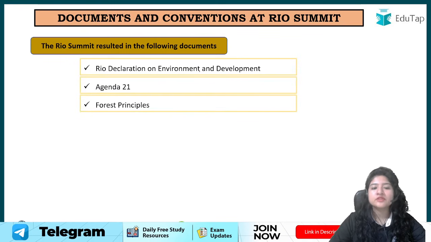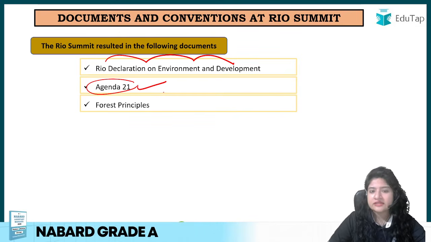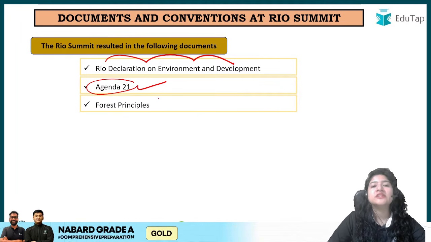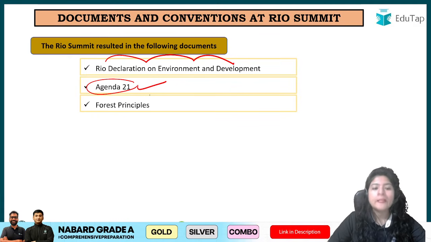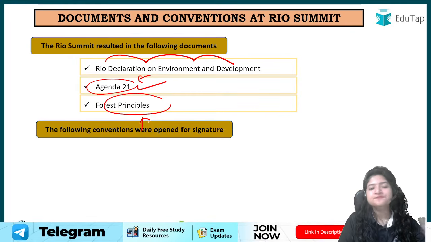अब what were the documents and conventions that were signed at the Rio Summit, तो मेजर जो डॉक्यूमेंट साइन हुए थे, first of all there was a Rio Declaration on Environment and Development, Agenda 21. Agenda 21 simply means for the 21st century, what these nations, these stakeholders who have come together, who have conducted the conference, what they envision should be the agenda for the 21st century, ठीक है। तो इसलिए उसका नाम Agenda 21 है,